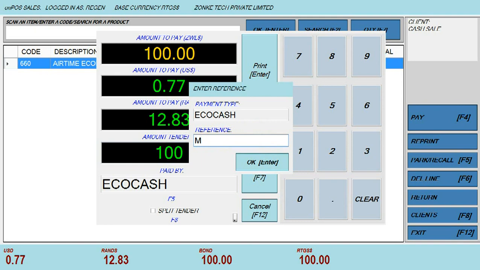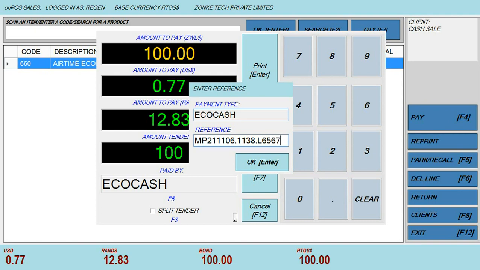So let's say we're paying to our merchant MP 21 11 06, then dot 11 38, which is the time, then dot, we put the approval code, the reference,